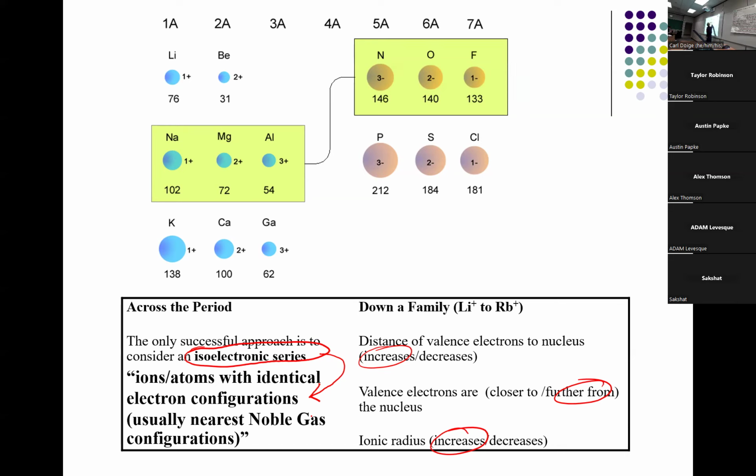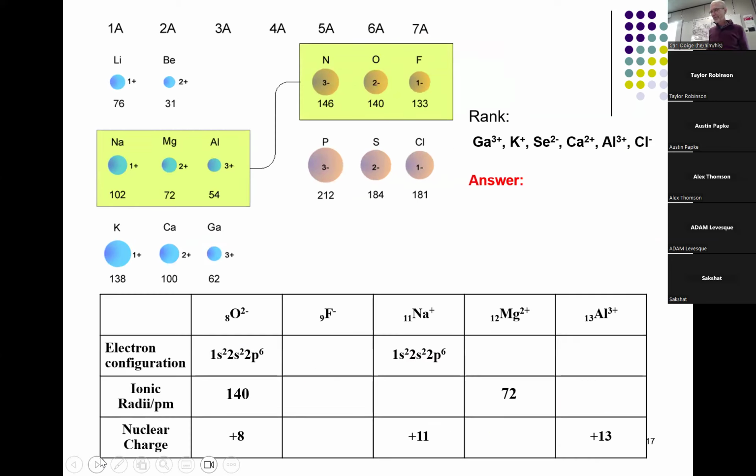But before we do that, just take a note. This actually is quite a nice trend. This is the largest, then smaller, smaller, smaller, smaller, smaller, like that. That works, but let's see why we should be comparing them. I have listed, and I started with oxide just so that the table wasn't too large, but I could have started with the nitride on the left-hand side. And I've started to complete the table for us. There's oxide, fluoride, sodium ion, magnesium +2, aluminum +3.